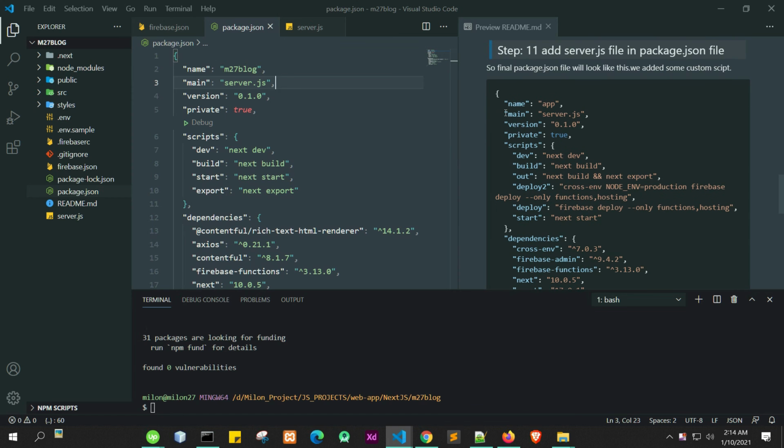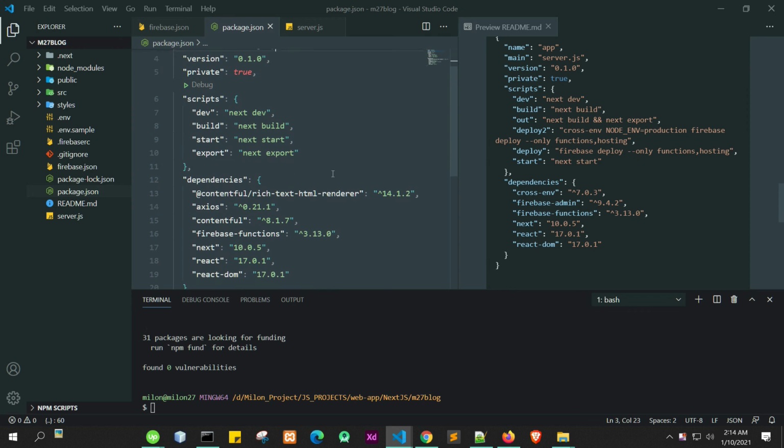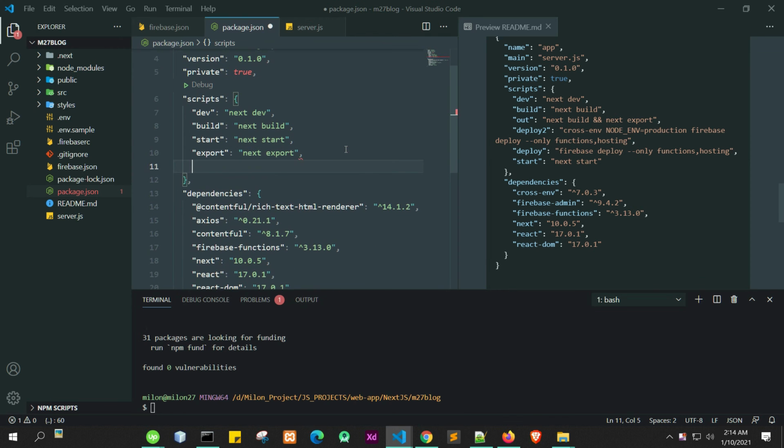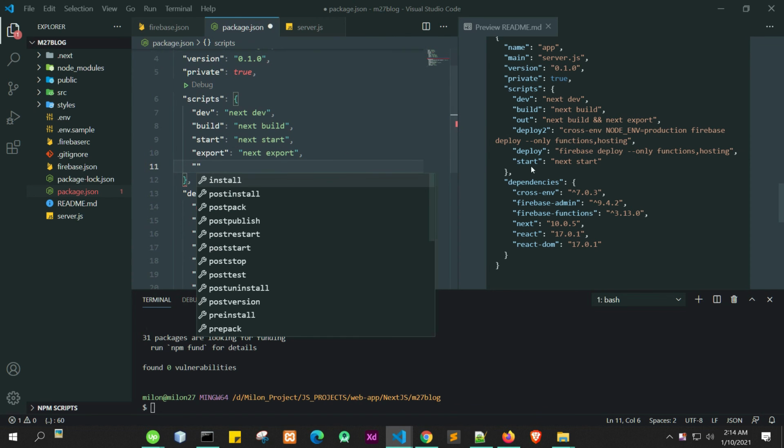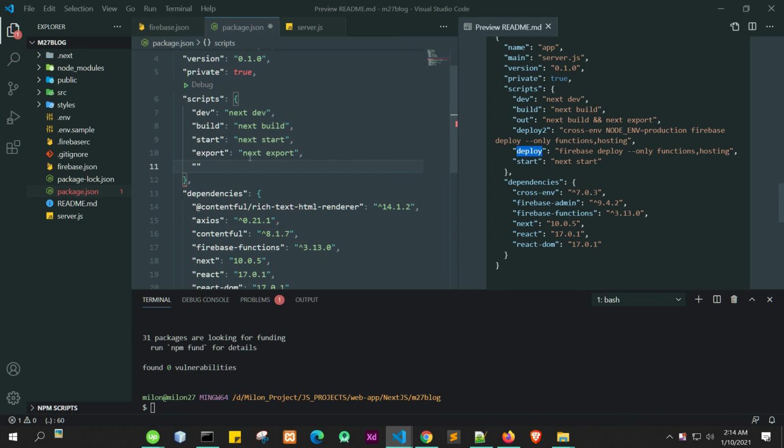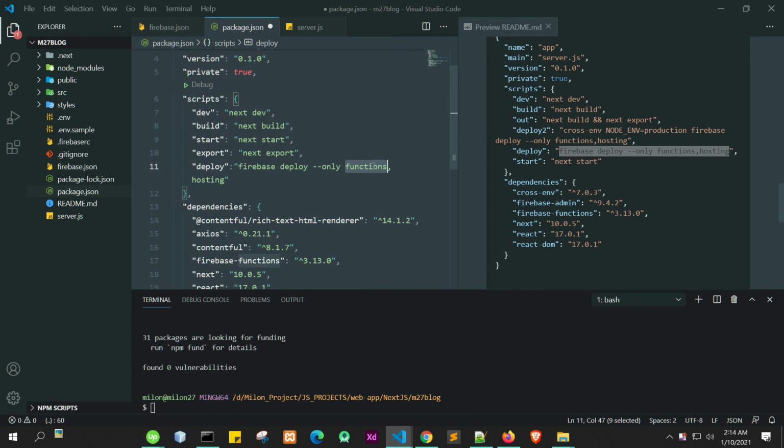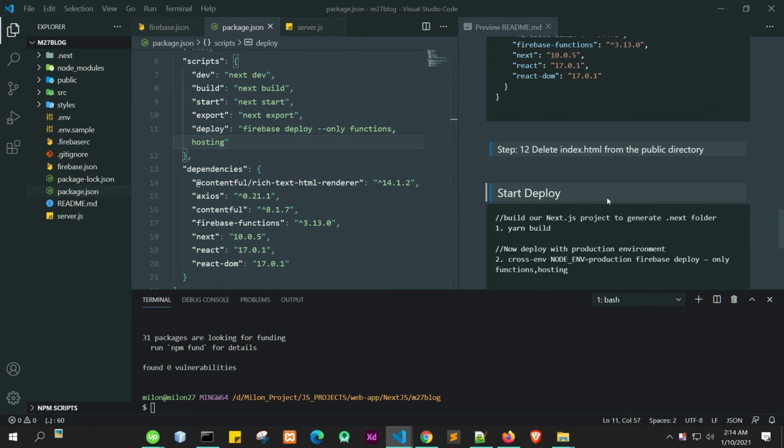After that we write some custom script for the deployment. We write firebase deploy --only functions and hosting. So we'll deploy these two things, and yeah, that's it for now.